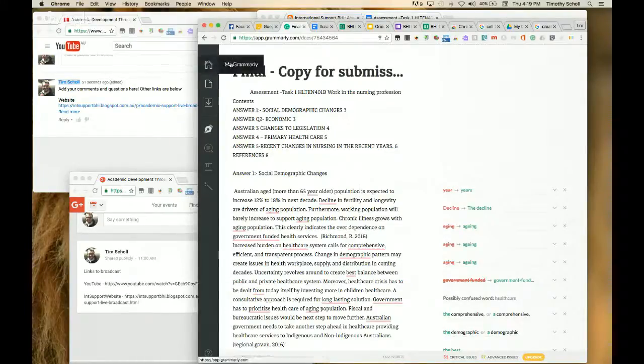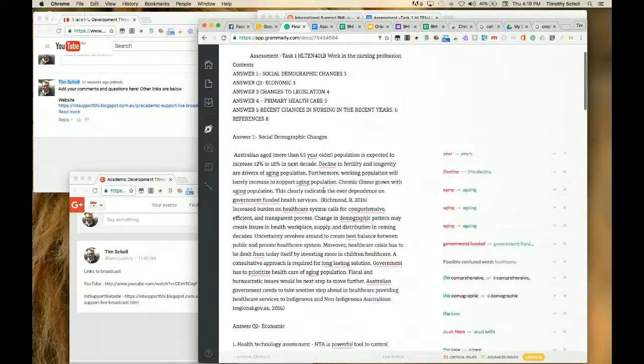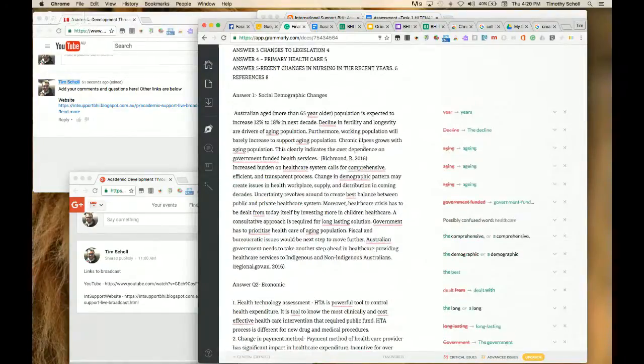I find it a bit expensive. I think it's about $13 or $14 per month or something to that effect. I find that a bit expensive because I find the free one pretty good. So when I'm looking at student work, the first thing I do is actually drop their work here into Grammarly,